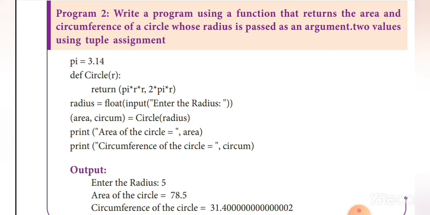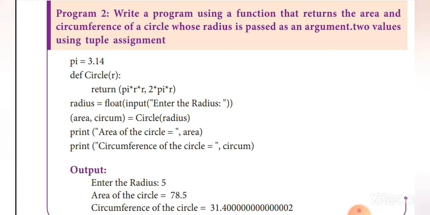And then the return statement is used to return a value to the calling function. Okay, it returns the control to the calling function. And then it goes to the main program code. Radius equal to float of input, enter the radius. Okay, we are getting the radius value from the user. Maybe this radius value you are given either in integer format or in float numbers. Okay, so we get the radius value from the user and store it into the variable radius.